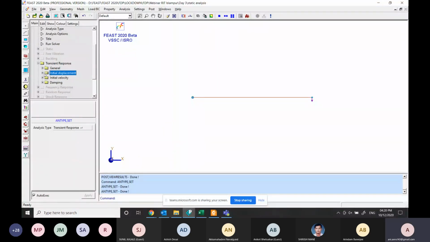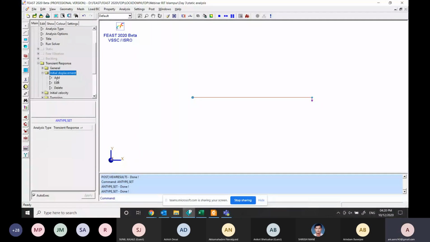So as you know, because of that force, the beam is deflected, and the deflection we have calculated using static analysis. So we have to give the initial displacement in order to capture the result.